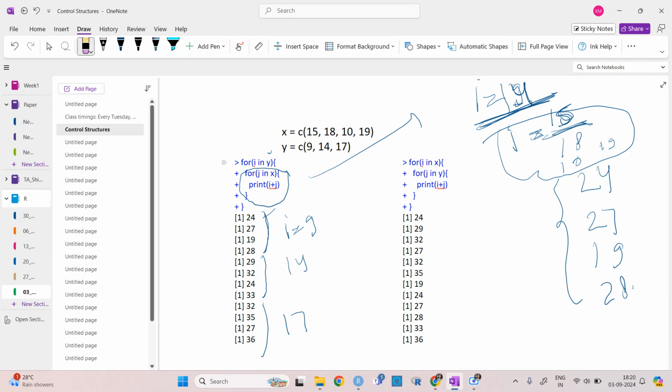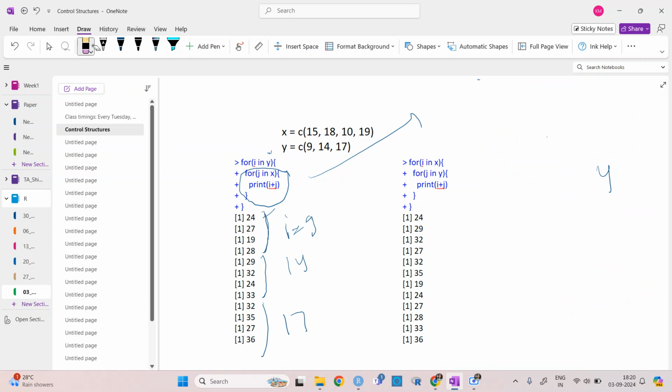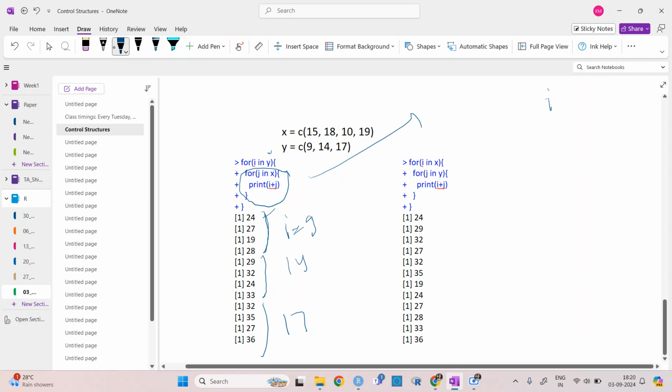Now, the same thing, we have just changed the inside and outside loop, and here we can see that I is in x. So I is equal to 15, and then j will be 9, 14, and 17. So it will be 15 plus 9, 24, then 15 plus 14, 29, and then 15 plus 17, 32.